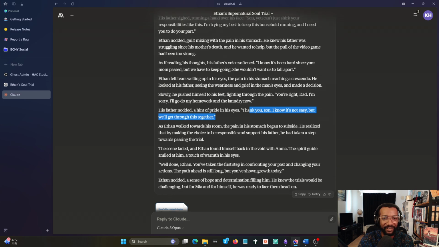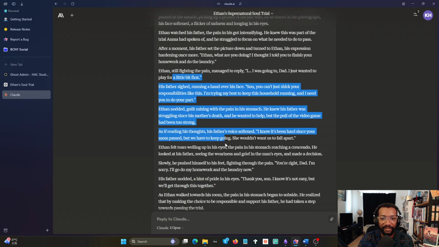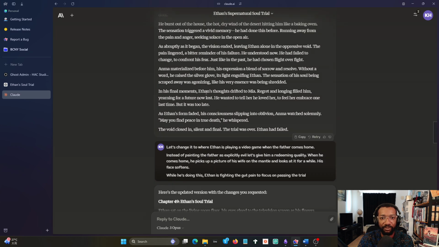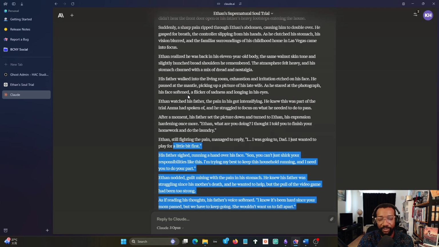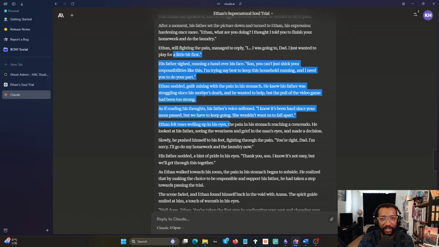This is where you have to be careful when you're writing with AI, because it will strip your story of its character, of its message, of its willingness to go there. It's a lot of safe writing, and I understand why it's safe. Some people are using these things for terrible things, but this is not interesting. It has nothing to do with the story. It might be interesting in a different context, in a different book, or in a different story. But in my story, this is not the business.